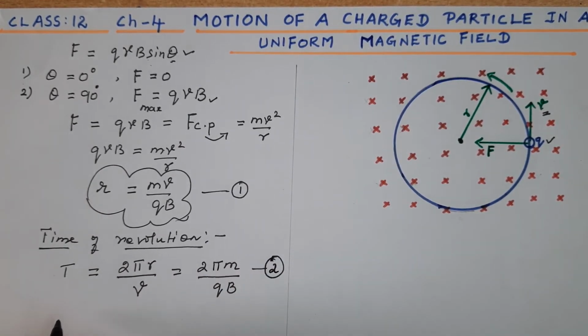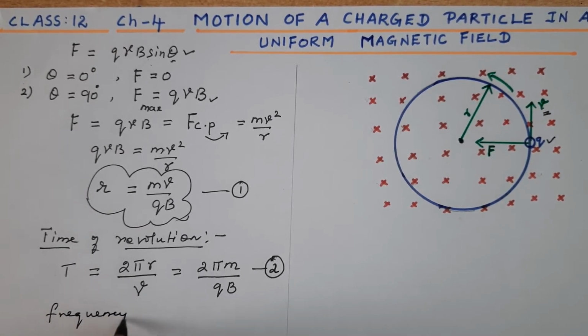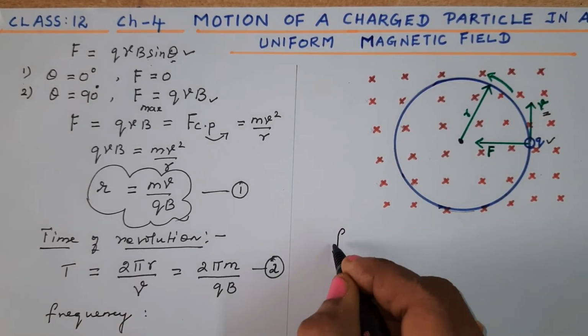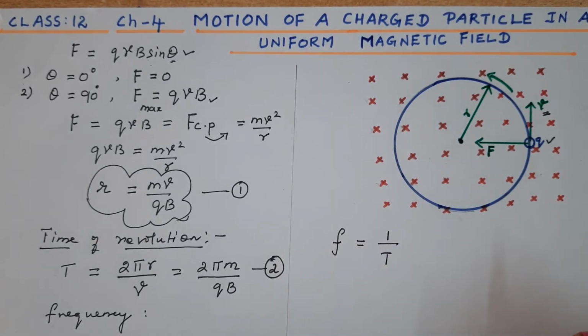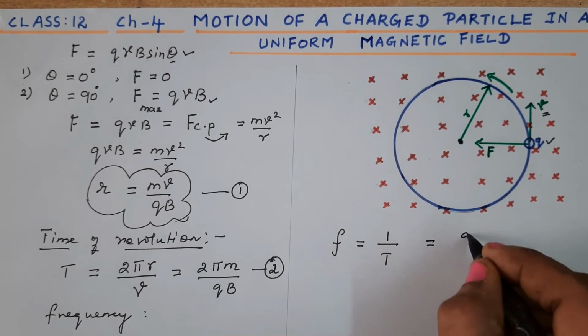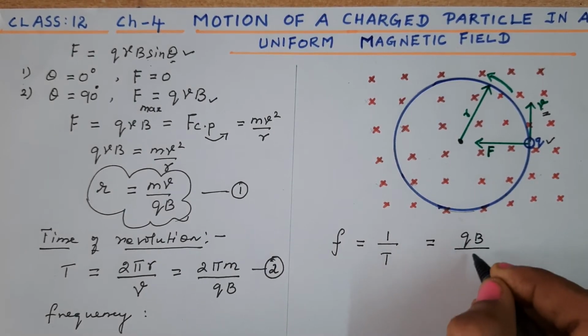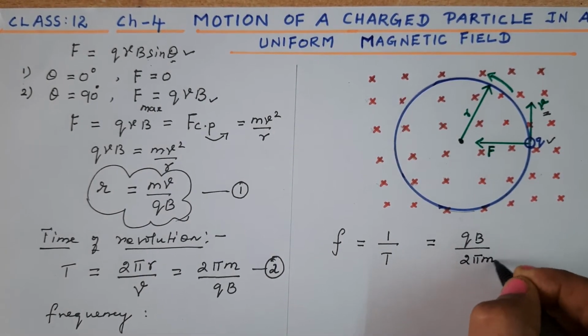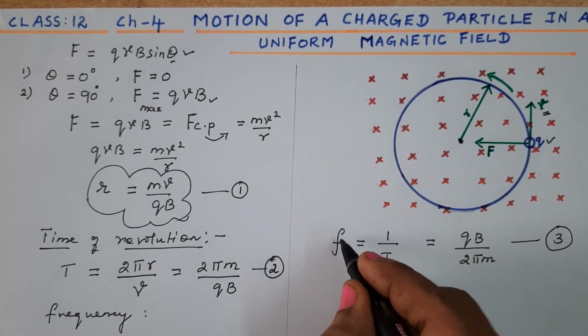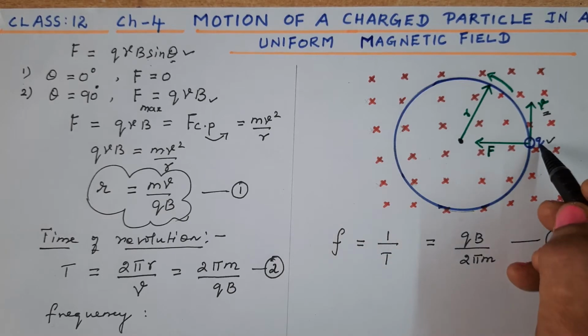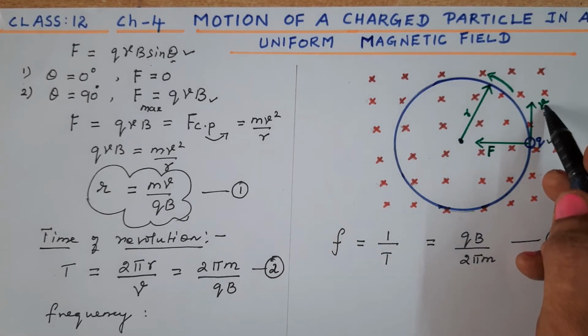We also continue here to calculate the frequency. What is the frequency of this rotation? We write frequency f is equal to 1 by T, as we all know, the reciprocal of the time period. This equation number 2 can be rearranged in this format, the reciprocal, qB upon 2 pi m. Let this be equation number 3, which represents the frequency of rotation of this particle